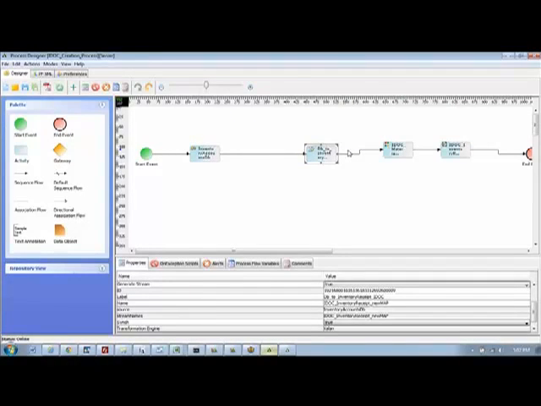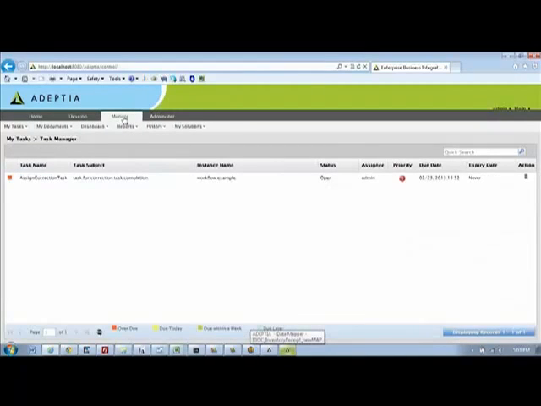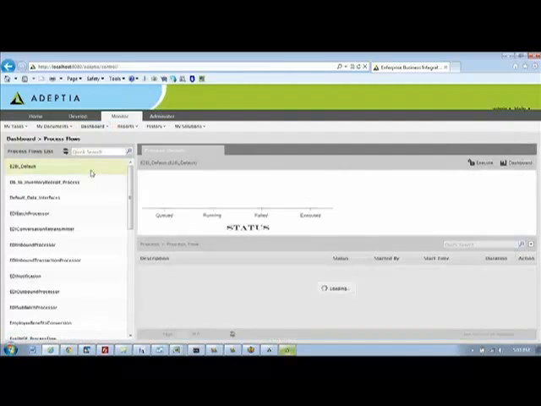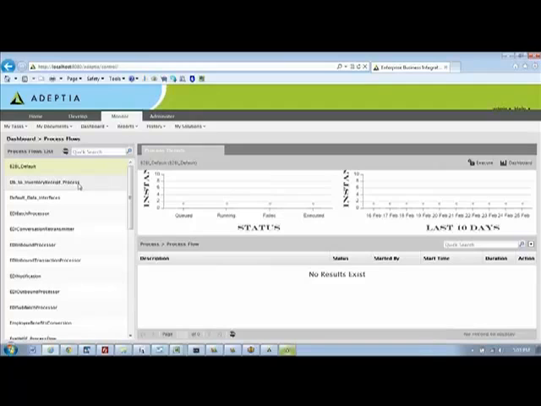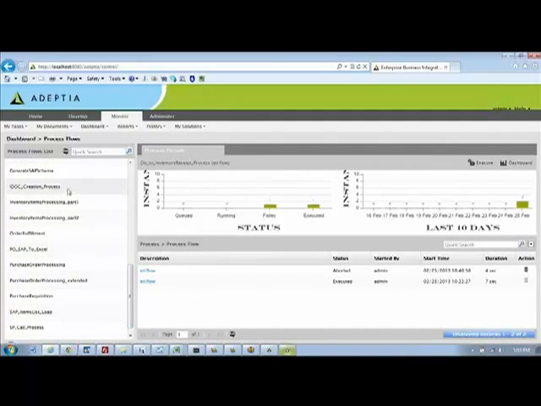So what we'll do next is we'll run it. In order to run the process, we'll go to Monitor, and we will go to Dashboard, and we will go to Process Flow, because it's a process that we have created and we want to run this. So here's your flow that has been created, and we can very easily execute whichever process flow you have created as part of this exercise. So here, this is the process flow I created, IDoc creation process, and I'm going to execute the process